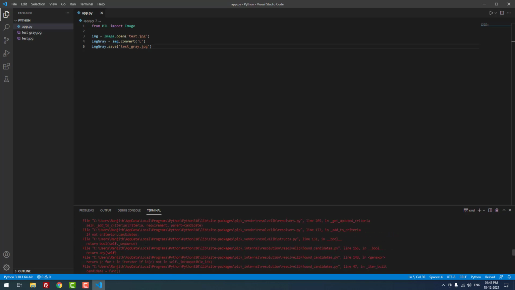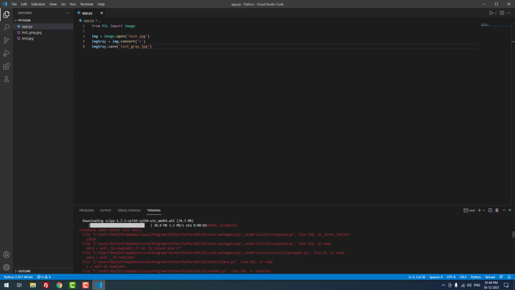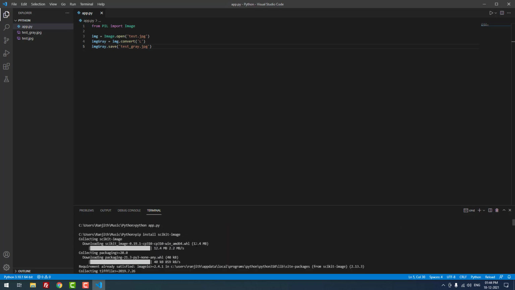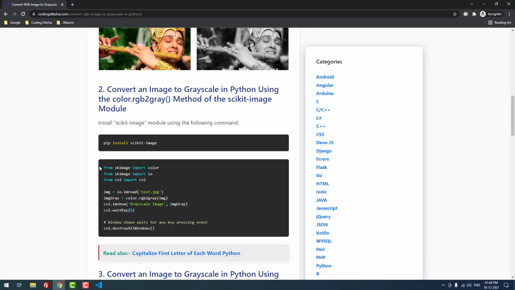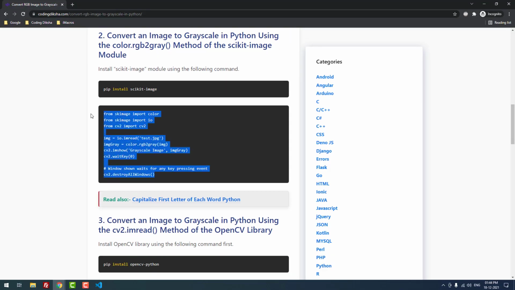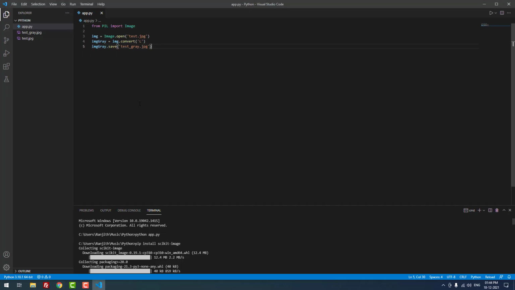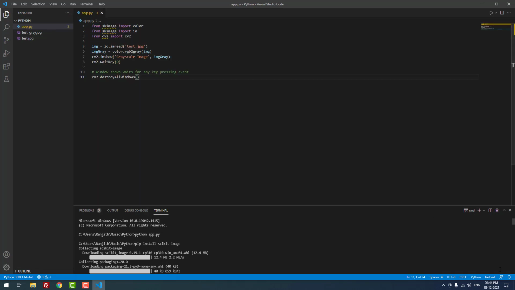It is showing some errors, I think, but that's not a problem. Let me copy and paste the code. I replaced the code. Let me reload the window.